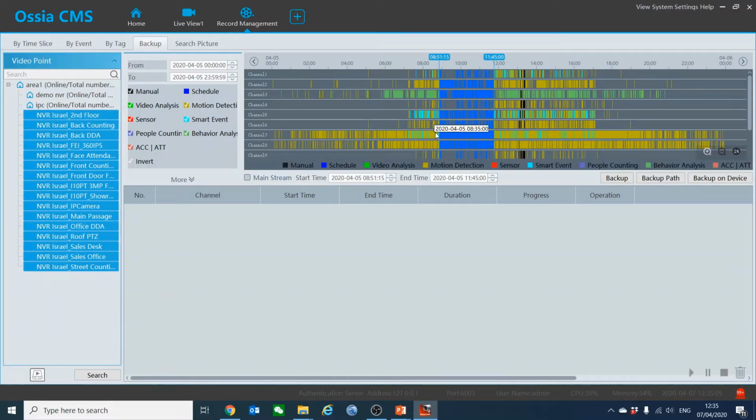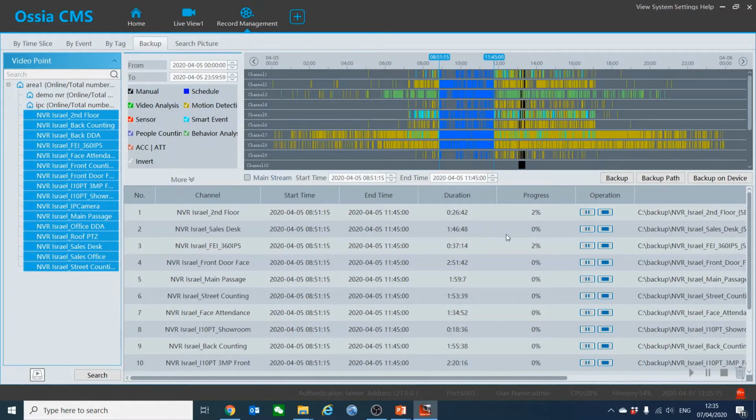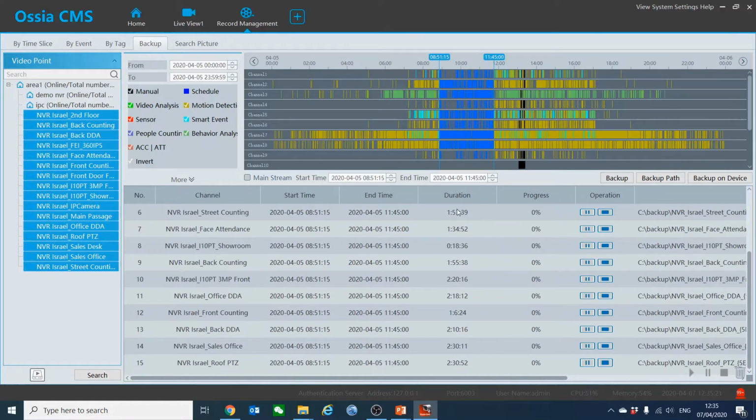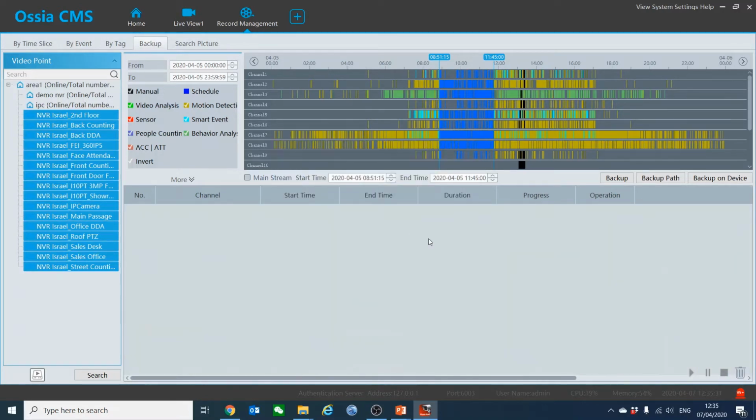So after we do that, all we have to do is to press backup. And I see that one of the cameras doesn't have records. Okay, fine by me. And I can see here the list of all of those backups being backed up straight away into my computer. So before my computer runs out of space, I will end it